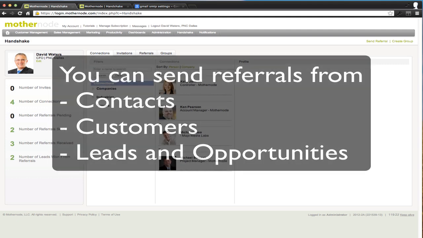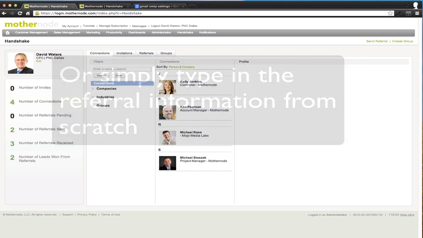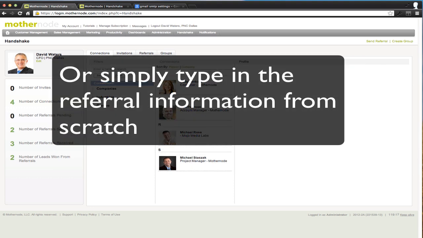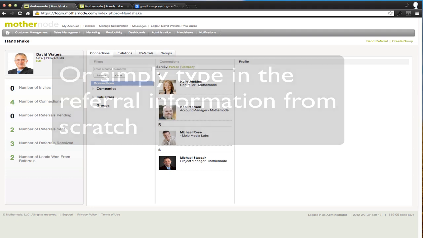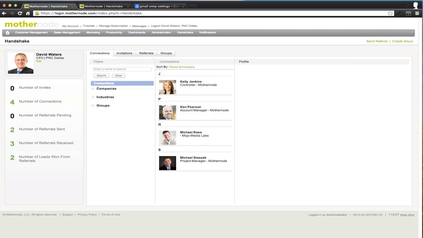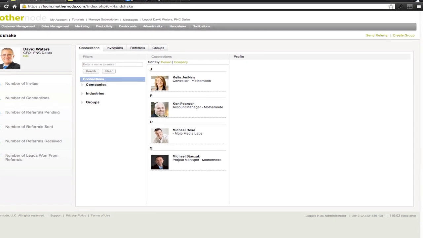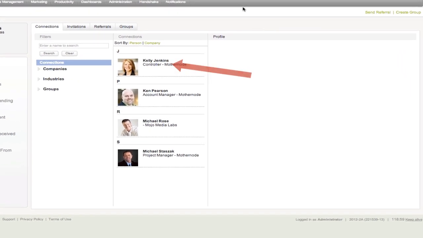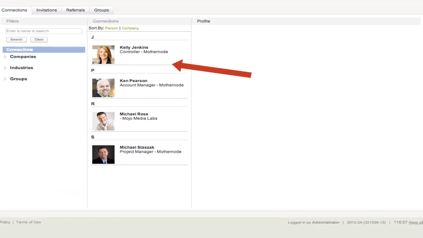or you can just author it by hand. Say you picked up a business card, you want to go ahead and just type this in and send it off to somebody else. It's a person you met of interest. They may not be anybody who's going to buy from you, so you never put them in the CRM, but nevertheless you know that somebody else in your group can benefit from this, so you want to pass that information along. So in this example, what we're ultimately going to do in the end is send Kelly Jenkins a specific